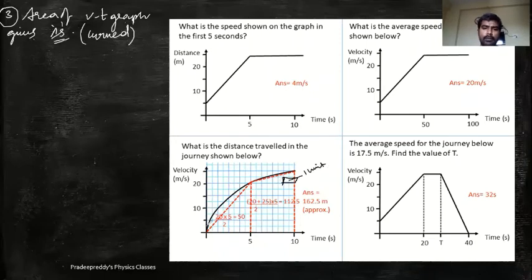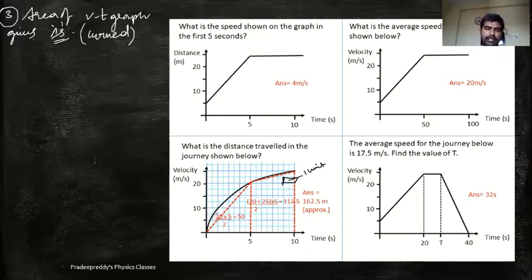Okay. Now how many squares are being covered under this total curved region? You will be counting them like this: 1, 2, 3, 4, 5, 6, like that. You will be counting all those squares. And if there are 2 half squares, you will count it as 1. If there are 3 half squares, you will be counting it as 1.5. Like that, you need to find out how many squares are being covered within this curved region. You will add those all. Finally, you will be getting the net area under this curved graph.